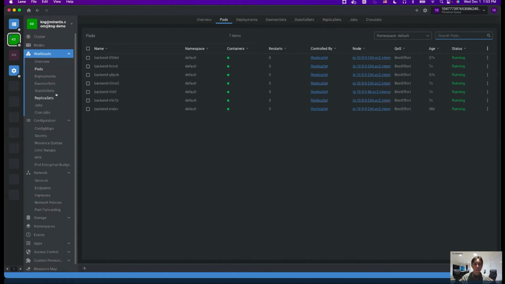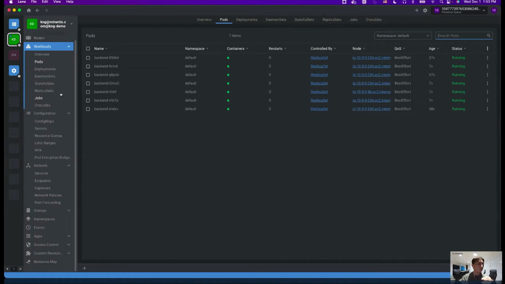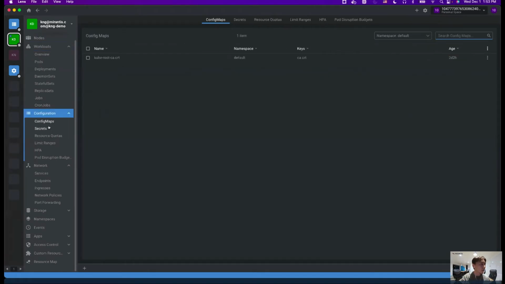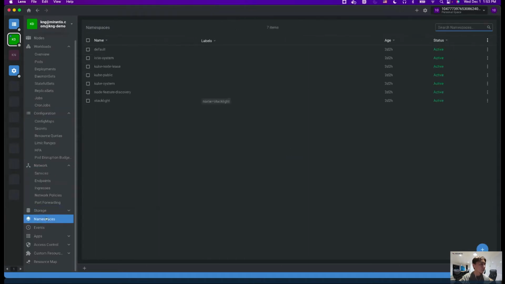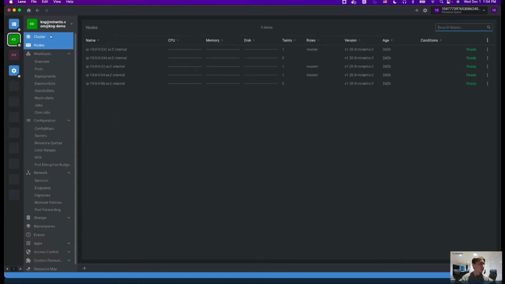So with this, like I said, it greatly lowers the barrier of entry into Kubernetes, because now you don't have to think about, okay, I've got to do kubectl. What are all the different commands? I've got my screen up and running. I got to look at the right command to go through. I could then come in and have a look at all the various things that are available to us, my network services, what's running, or even namespaces. And I could actually create all that using the UI and making my life a lot easier as both the developer and even the operations folks looking at the different things.